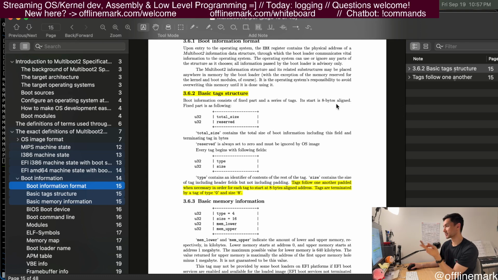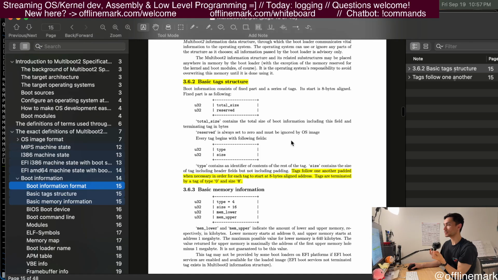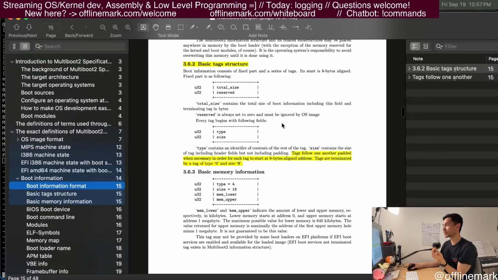A fixed part and a series of tags, right? So the fixed part is this total size and then a reserved word. Total size of the boot info, including this field and terminating tag. Reserved is always set to 0 and must be ignored